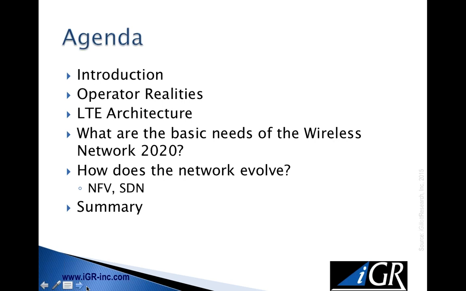We'll then talk about the LTE architecture. LTE, of course, is Long-Term Evolution, which is what a lot of people know as 4G networks today, and actually will be the basis of the 5G networks in 2020, which is the next bullet point there. Really, what do we need to build here, ready for that next generation of network? The industry is really looking at 2020 as the next step in the evolution of those networks. How do those networks evolve?